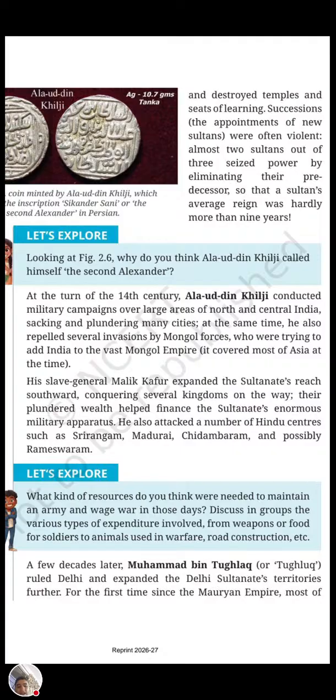You can write in points, because in SST when you write a point-wise answer you get more and more marks. So you can write a point-wise answer. The answer will be, first point